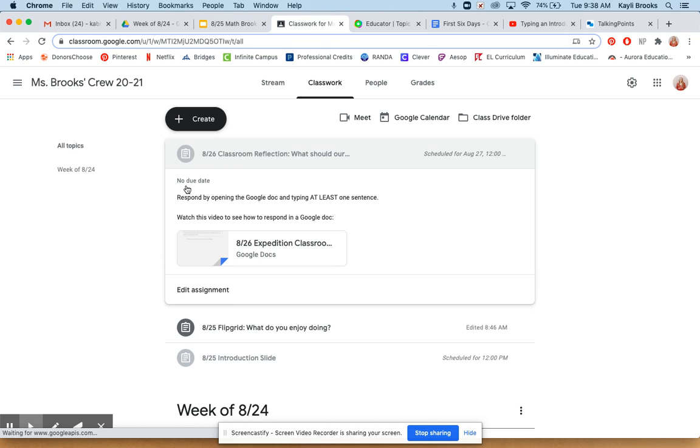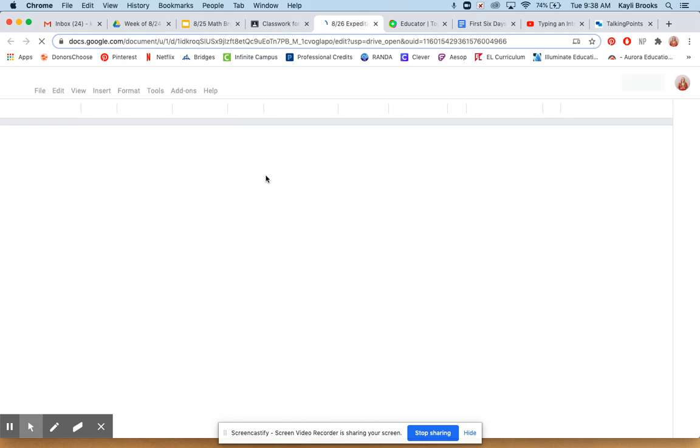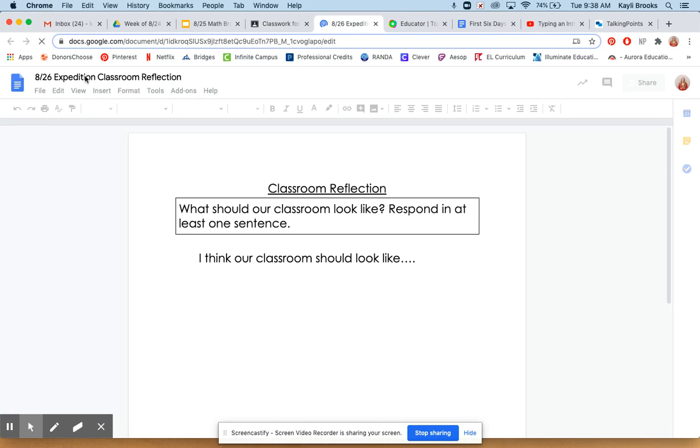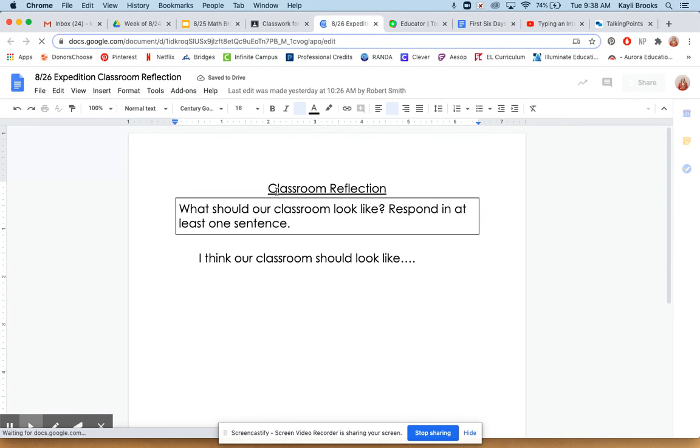When you click on that assignment, it'll open up and give you some directions. Down here is the actual document that you're going to need to open and type into. So I'm going to click on this document. It'll open up in a new tab, and you'll see at the top the name of the document. It'll also actually make a copy for you, so you'll see your name there at the end, knowing that this is your personal copy. There's a spot for the title of the document, the prompt,